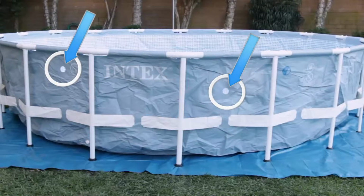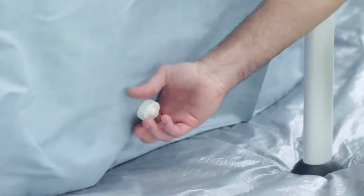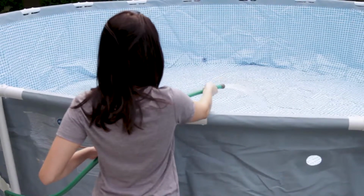Make adjustments if necessary. Locate the drain plugs and make sure they are firmly closed with the cap screwed on snugly. Hand tighten only. To ensure that your pool is level, add just enough water to the pool to cover